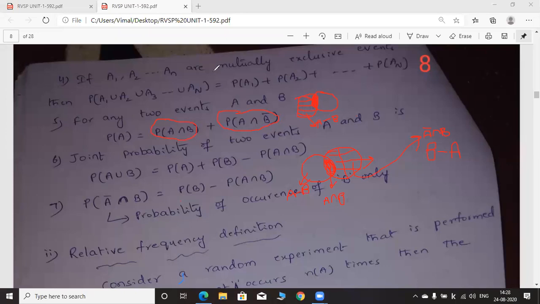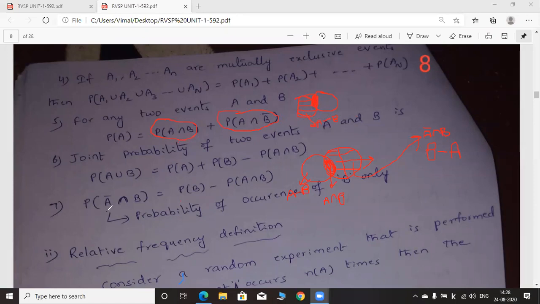Yes, ma'am. Okay. The fifth property and seventh property both are explained here with the help of diagrams. So each and every portion is mentioned here. If you have any doubts, you can ask me. In the fifth property, we are calculating probability of A. Probability of A means this entire first circle belongs to A only. So here we have to add two probabilities. The first probability is regarding the common portion. The second probability is regarding the remaining shaded portion, that is the remaining portion of A minus B. A minus B can also be called as A intersection B bar.